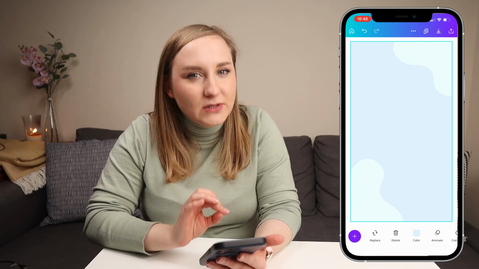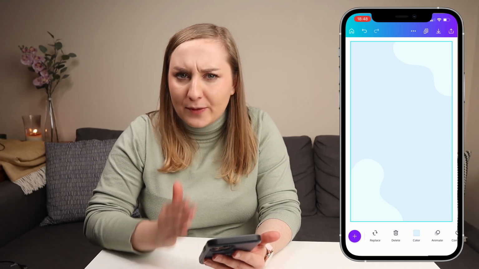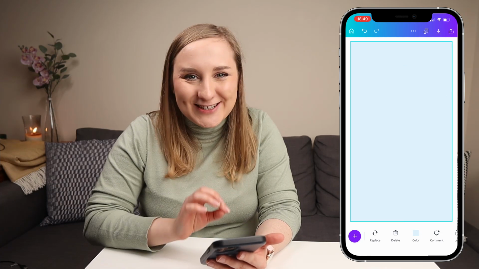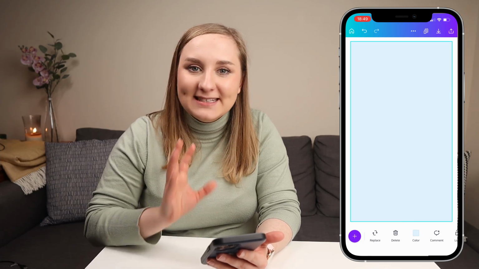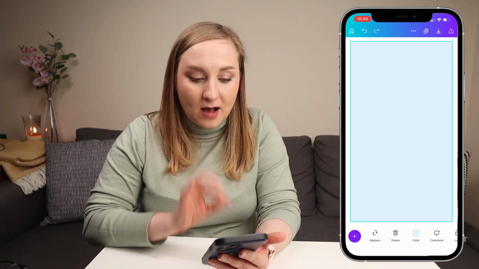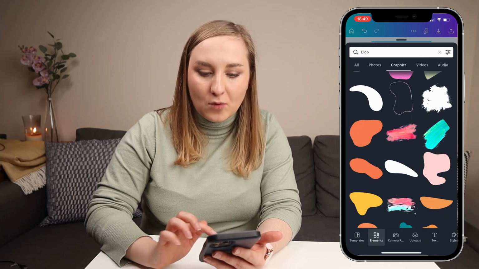From here, how do you actually add another page to your design? Well, you could be looking for another plus sign, because that's how you do it on your desktop version. In order to do that, you can just swipe left and this pops up with another page, and it's got the same backdrop color set up already. So we can go from here and start adding some more blobs.